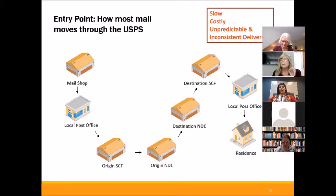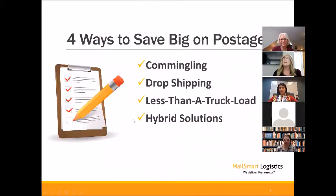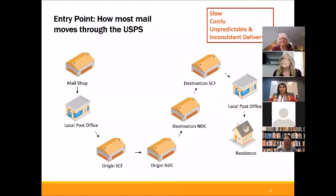From the post office, it goes to the origin SCF, then to the origin NDC, the destination NDC, the destination SCF, then your local post office. And then once it reaches your local post office, it's usually